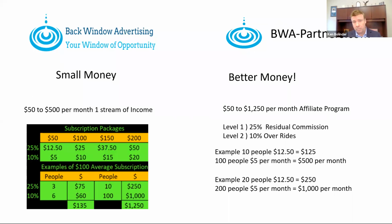Now, if you look at the big picture, guys, there's some big money to be made here, and we'll talk about that. Okay, so let's run a couple of scenarios here. So with our software, level 1 is a 25% residual commission. Level 2 is a 10% override. So the numbers below here are based on the lowest package, which I believe we're going to probably average the $100 package, but just looking at that,